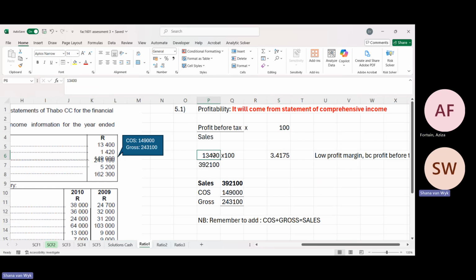But I guess if we look at the profit, I mean 13,000 compared to 300, we can see they have a lot of expenses. The cost of sales is quite high. Maybe I can also say cost of sales is probably high, because the cost of sales is 50%. I think they said there somewhere it's 50%.